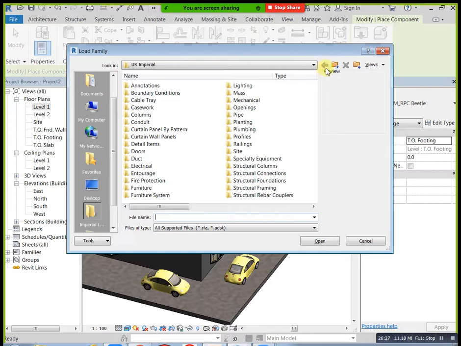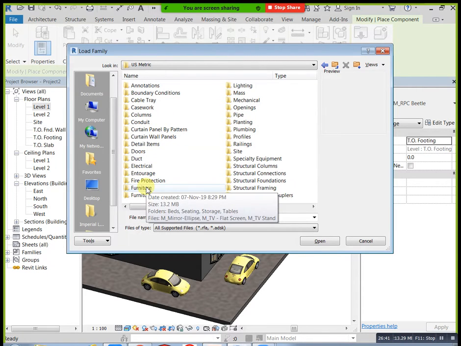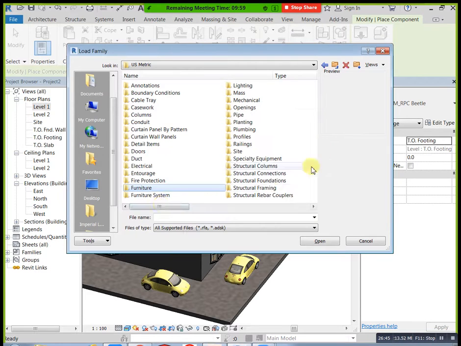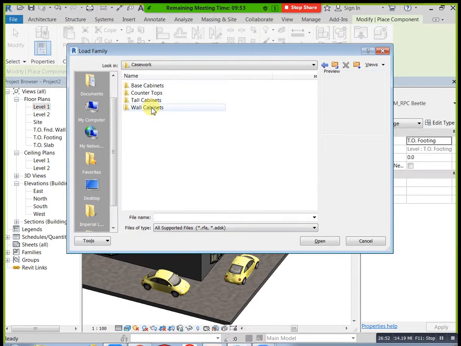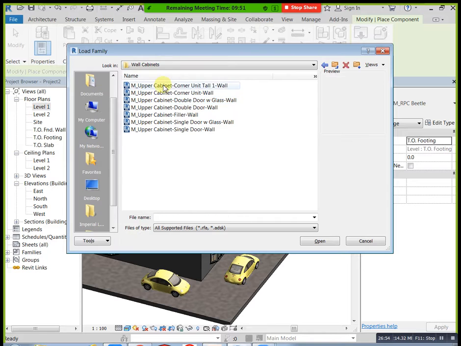Next, the entourage folder. At the same time, wall cabinets. See, we don't need this one actually. Casework we don't need. Next, lighting, these are lights, openings. Planting, for placing trees, you can place this one.